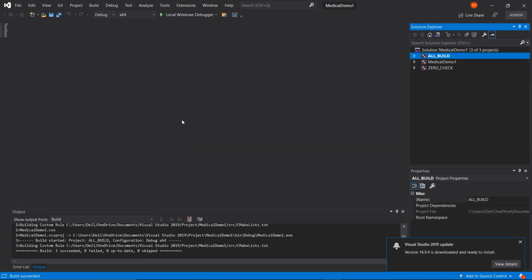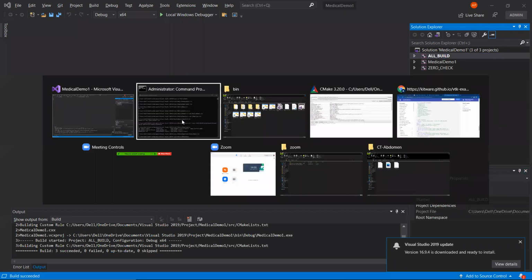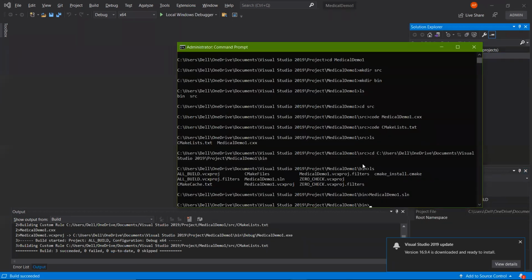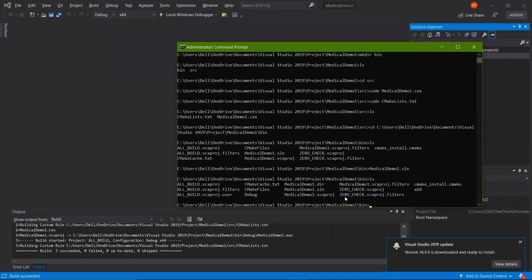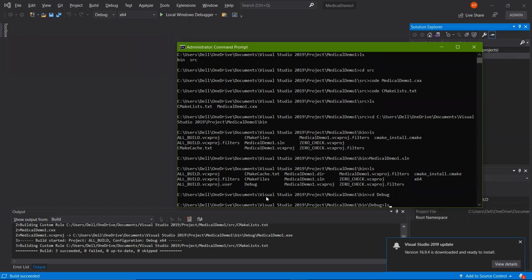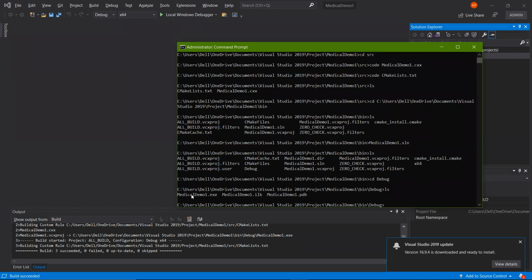So this indicates that our application has been built successfully. We can access it. Inside this bin directory, a debug directory has been created. Go to that debug directory, ls. Now you can see that this medical demo1.exe application has been created successfully.